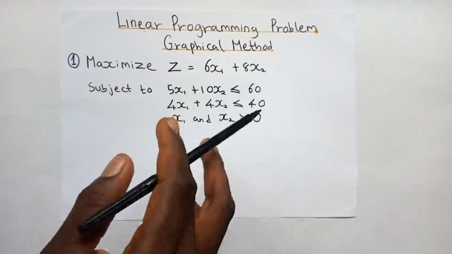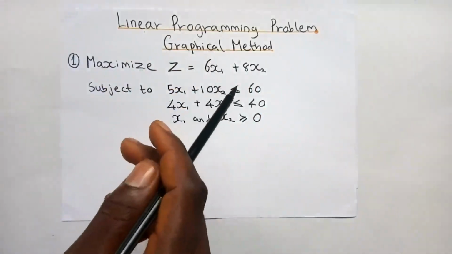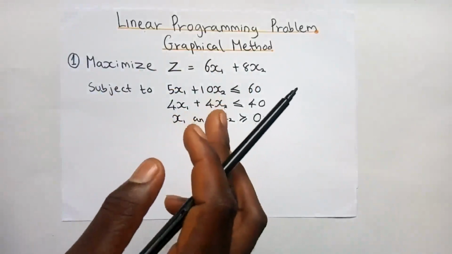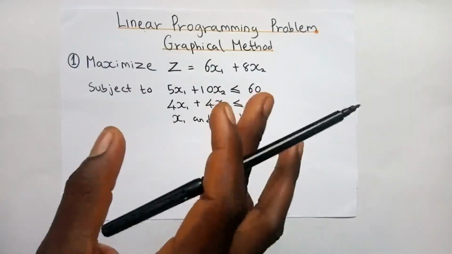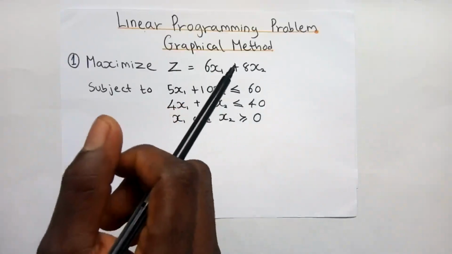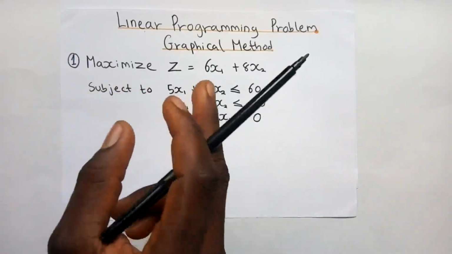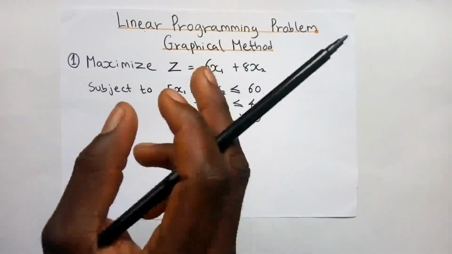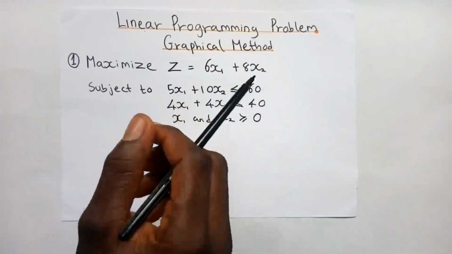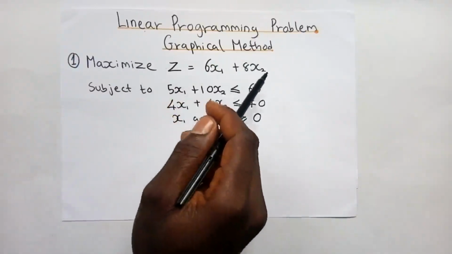Before we solve this question, I would like us to know the meaning of linear programming. Linear programming is an optimization technique for a system of linear constraints and a linear objective function. We solve linear programming basically for two major reasons: to find the best way we can combine the available resources in order to, 1, minimize the total cost of production, and 2, maximize profit. So in this question, we want to maximize z, which is the objective function, 6s1 plus 8s2,